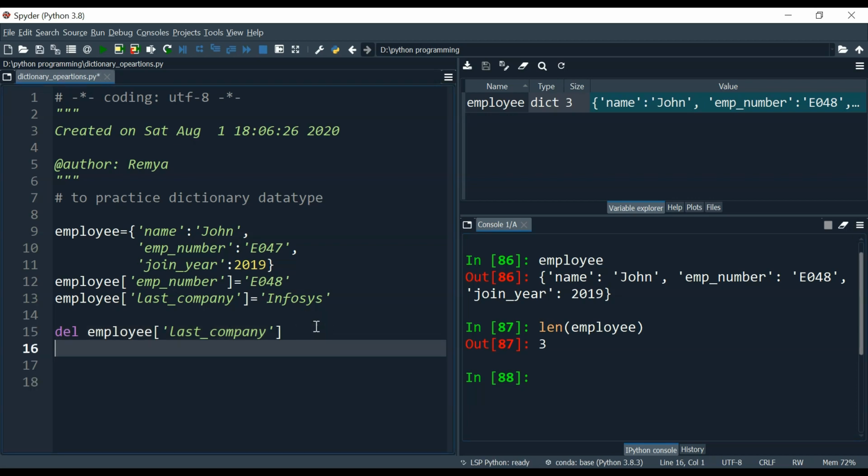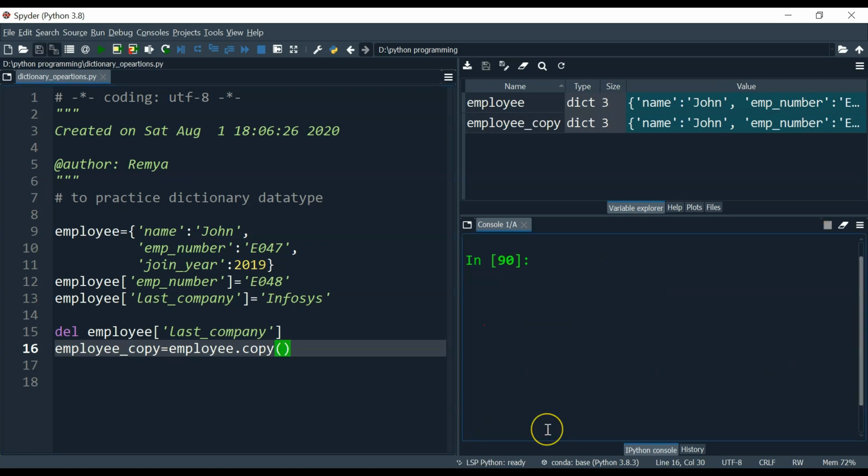Suppose I want to create a copy of this employee dictionary. I am creating a new object employee_copy, which is a replica of this employee object. For that I can just make use of the copy function. Save it, execute it. Just see what is there in this employee_copy.